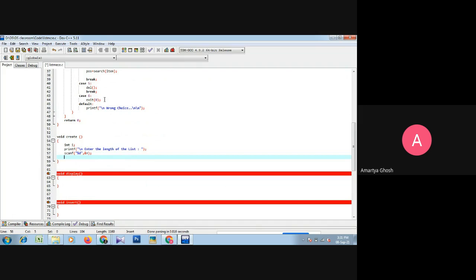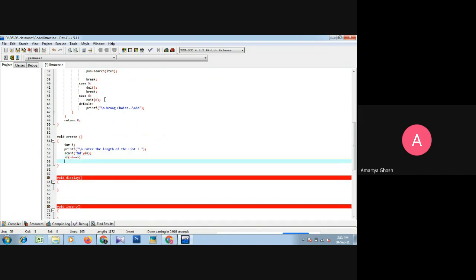So we have to check here: if n greater than max, return.